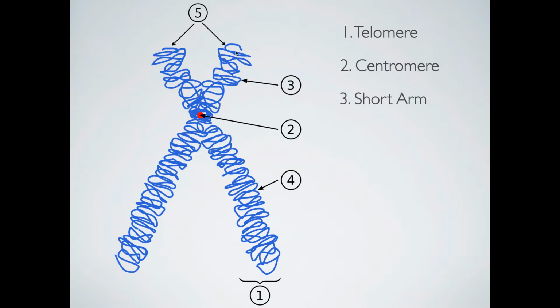3, we call this the short arm of your chromosome because it is literally the top part of the X that's really short. 4, we call this the long arm of your chromosome. And then 5, these are sister chromatids. And so it's the entire thing. It's the short arm and the long arm of this side, and the short arm and long arm of that side. That combined, those are called sister